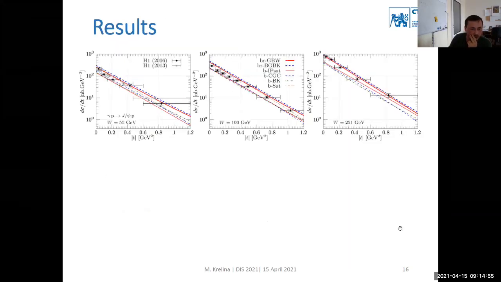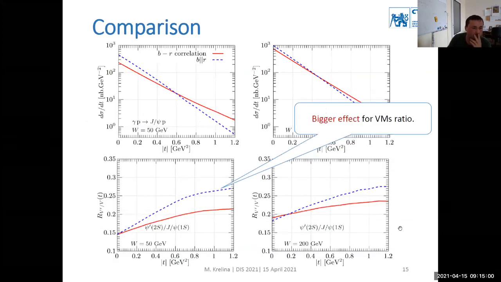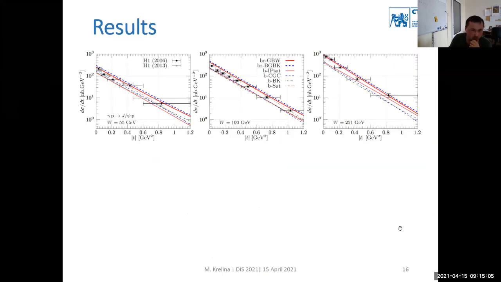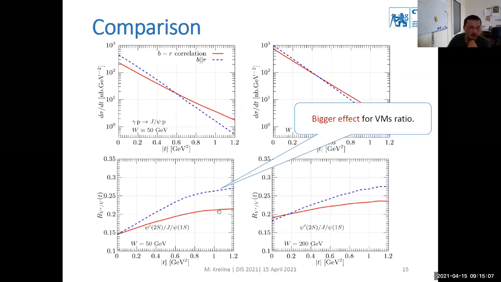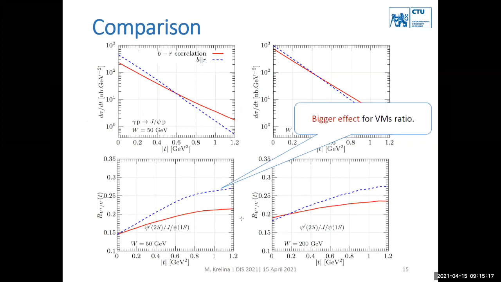Right. I think I don't have it. I have only for photoproduction, but you are right. For example, especially for the ratio, you should observe it going to more constant, especially for a higher T. But yes, for example, you could have a calculation where maybe some lighter vector meson, and then you take a Q square dependence, and then I think as you move the Q square up, you should